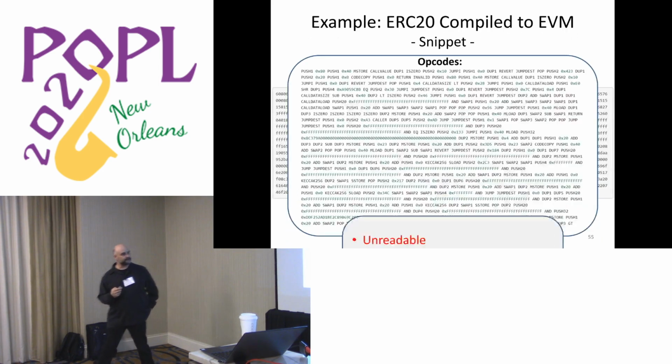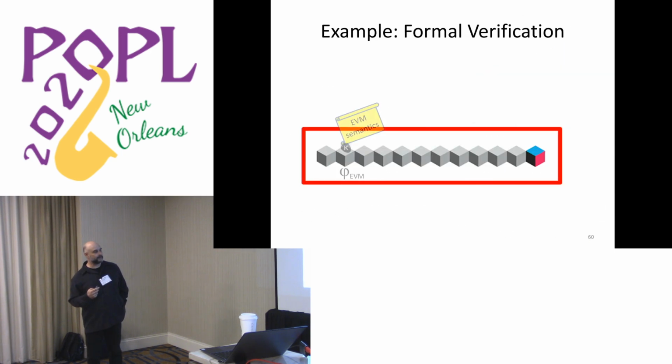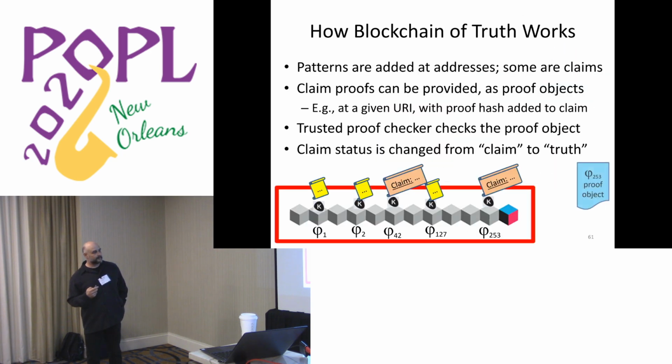Let me show you just some picture to see how it looks, when it works. All right, here it is. So you can have definitions, which can be like language semantics. The language semantics themselves can be on the blockchain. You may want to write properties of programs in any programming language. So what is a programming language? It's a definition, right? You must have it somewhere, stored and recorded on the blockchain. And you can make claims, which can be correctness claims. This program does this, or this program computes that. And these claims need to be trusted somehow.